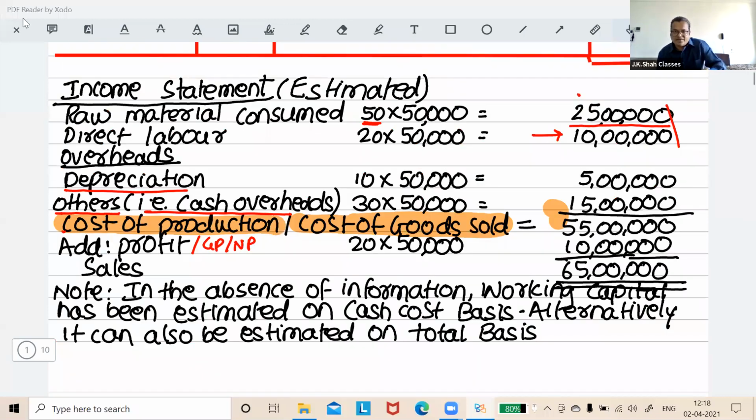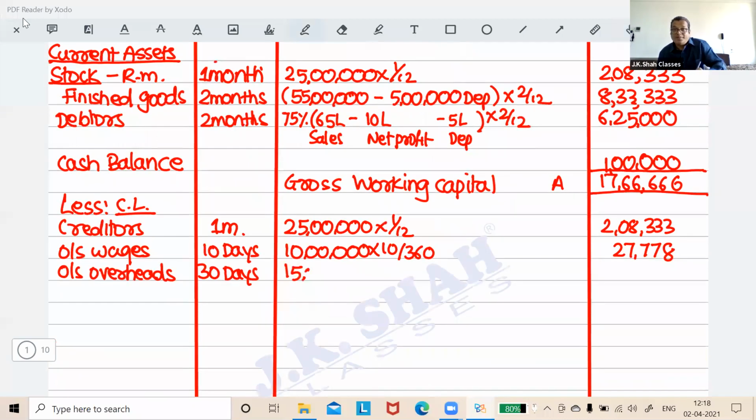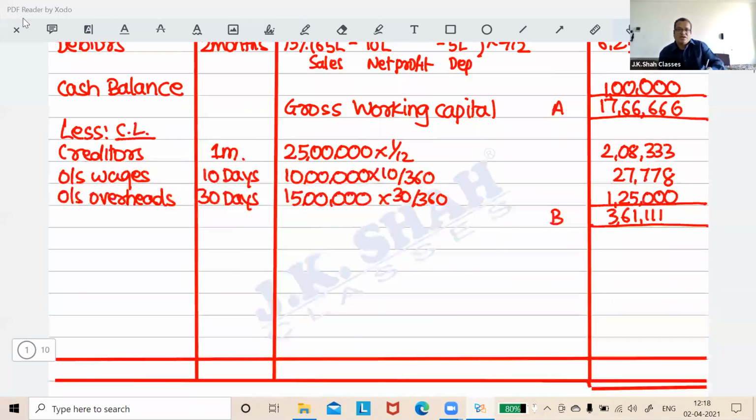So good, now we are getting some credit from others. So automatically what will happen? Our requirement would come down to that extent. So 15 lakh, it's 1,25,000. That's it. We have completed all the current liabilities as well. So now you take a total. 125 plus 45 plus 2083 plus, 3,61,111. And see now, these are my current assets, but I'm getting some credit from the others. So I will have to arrange a little lesser amount, and therefore